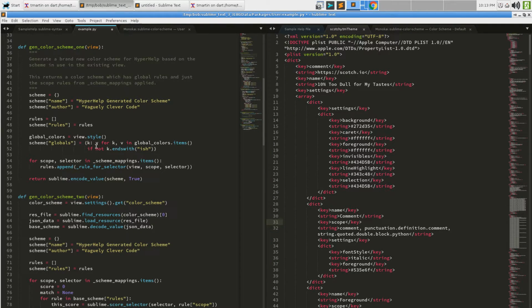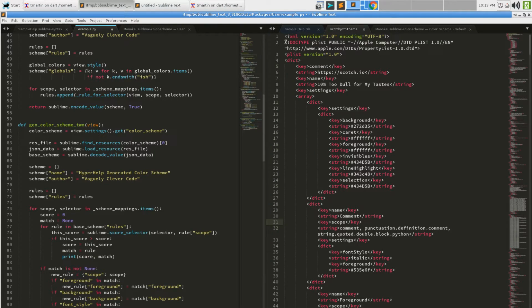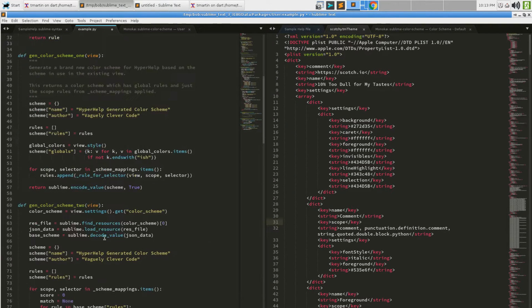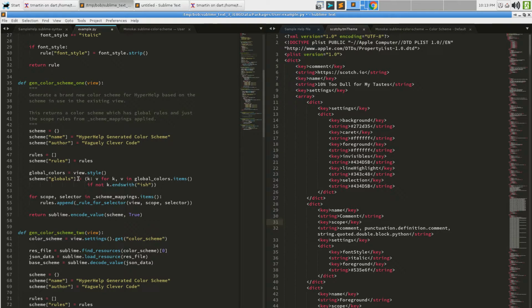Now, we don't actually want to do that because, as we'll see in just a second, that's not strictly necessary because even though this is a TM theme file, it will still merge with the scotchy.sublime color scheme file. So we don't need to generate globals, but we can do what this is doing, but without the globals section.